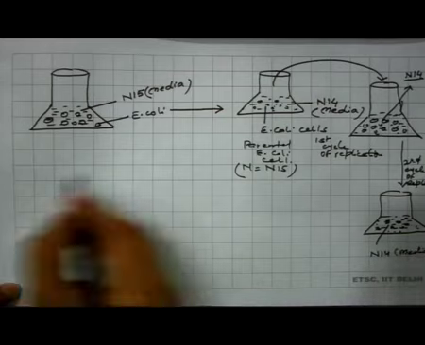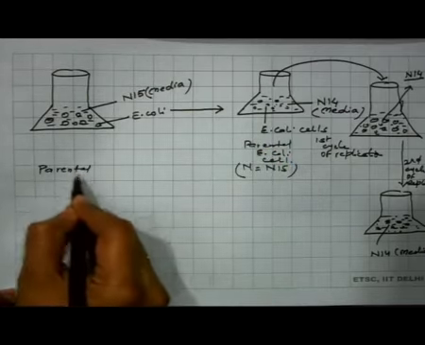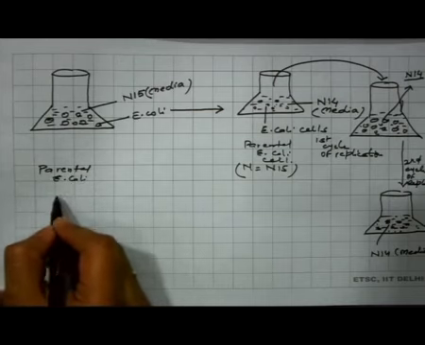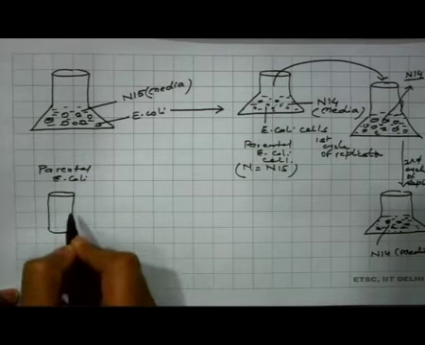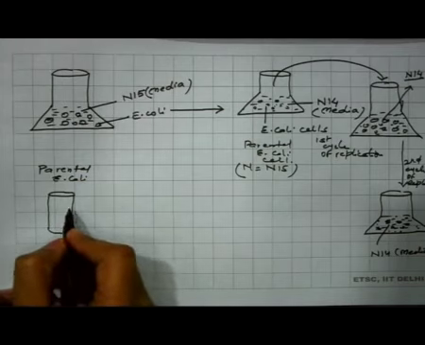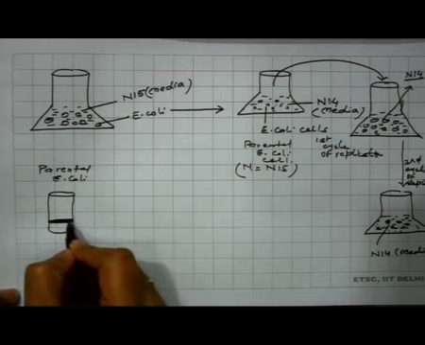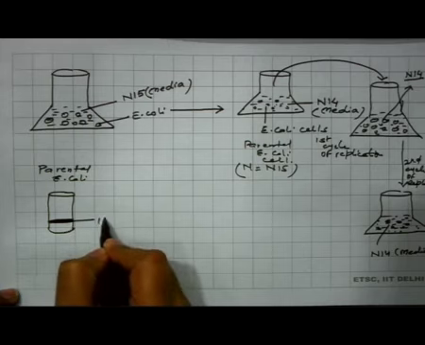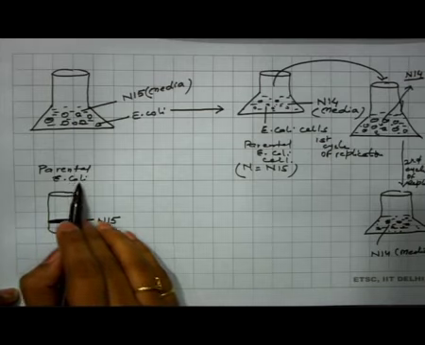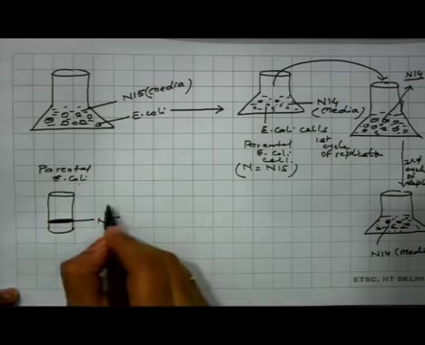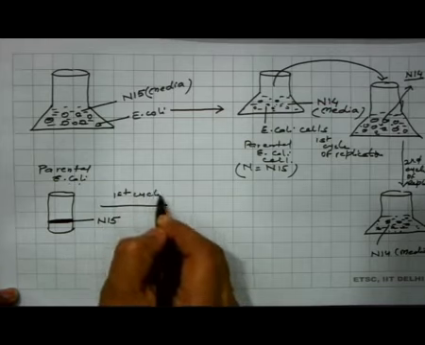When they took the DNA from the parental E. coli cell and separated the DNA on cesium chloride density gradient centrifugation, they found that there was a single band which corresponds to the density of N15. As we know, parental E. coli cells were having N15 in their DNA. After the first cycle of replication,